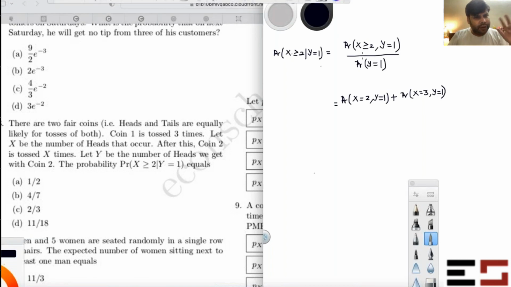So if they are disjoint, you can actually write them as the union of these two events, and therefore the probability of the union of these two events is the sum of the probabilities of these events. So that's the numerator, and the denominator will just have one more term, because it's probability that y equals 1. So the denominator will be